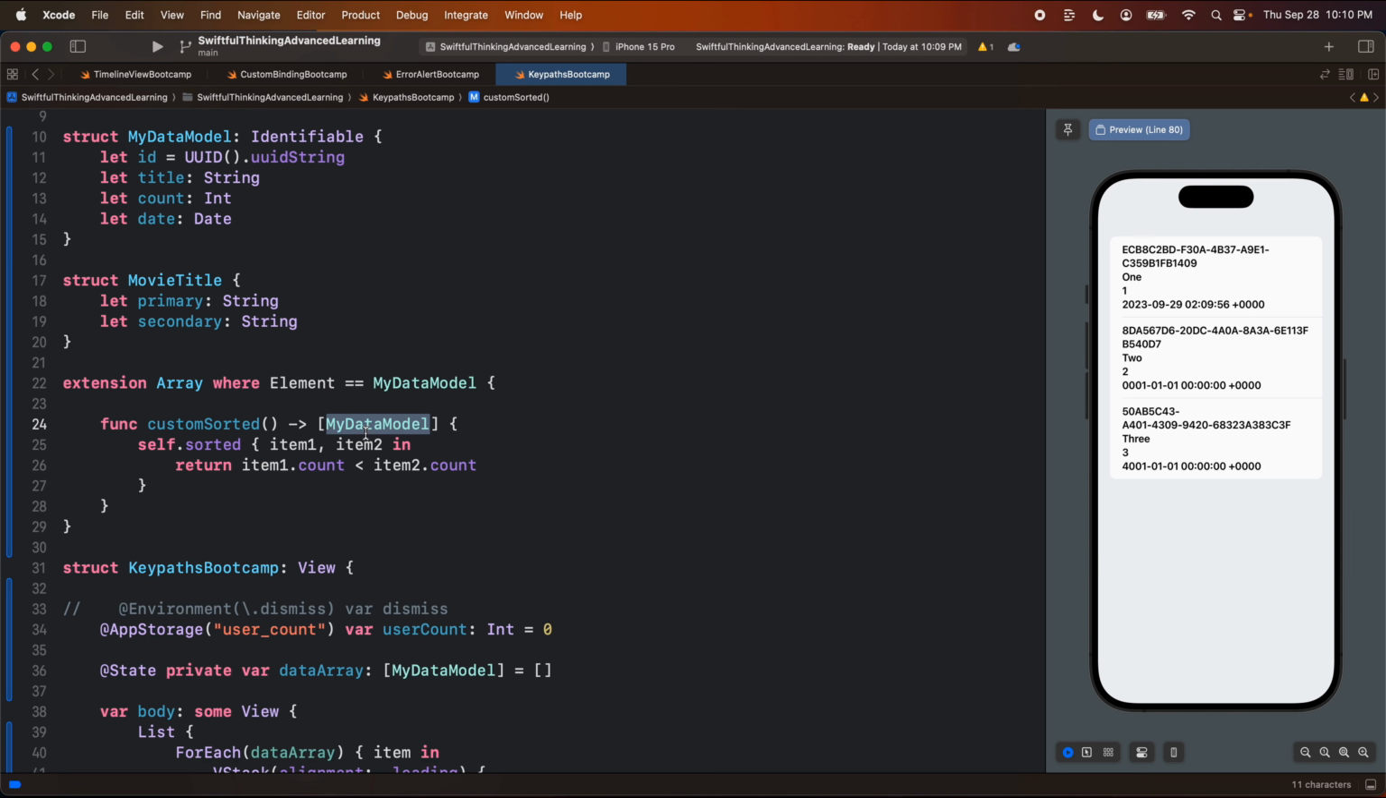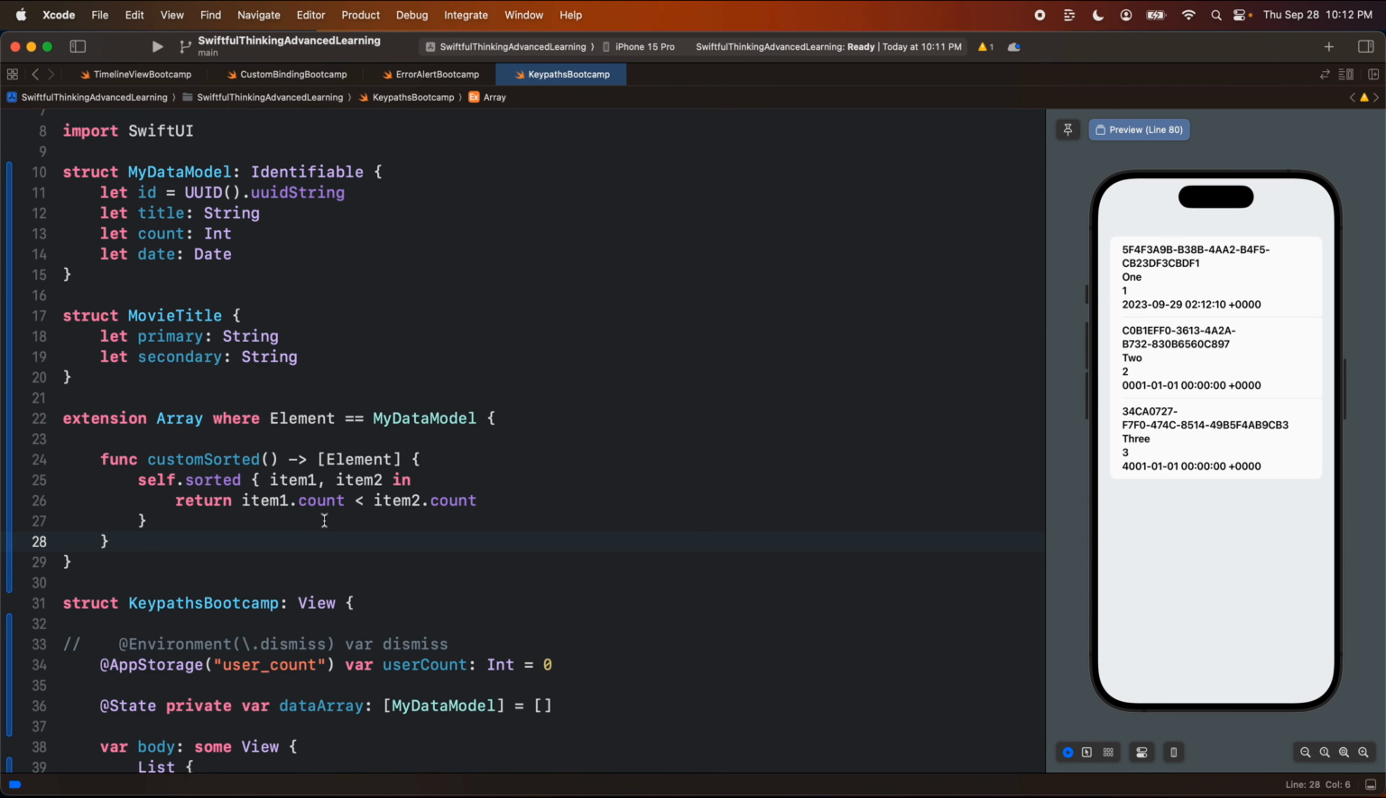Well, let's start by, instead of referencing the myDataModel type, we'll reference the element that the array is in. So we'll just add the element here. So right now the element is myDataModel. Now this is working, but the problem we're going to have is when we go to make this more generic